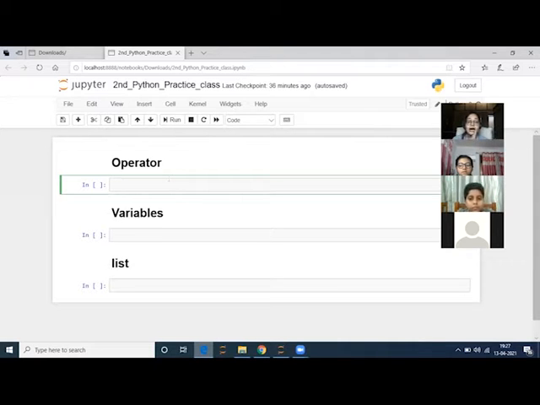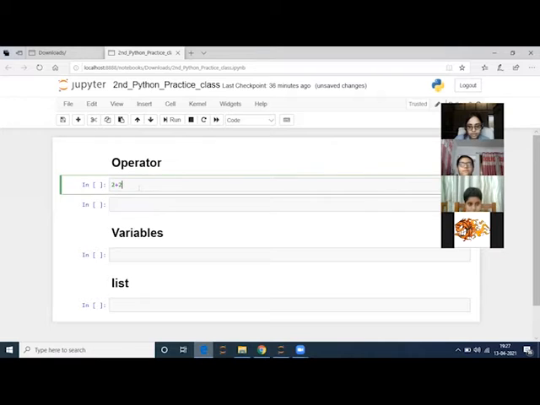Okay. See, we have different operators. Let's just be comfortable. We know basic maths: 2 plus 2, 4 plus 4, 4 minus 4. We know that, right? So let's check whether the machine knows this or not, whether Python knows this or not. For example, 2 plus 2. It's a basic example, we are using the addition operator over here. So what should be the answer? 4. Right.